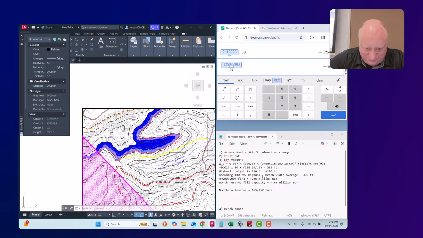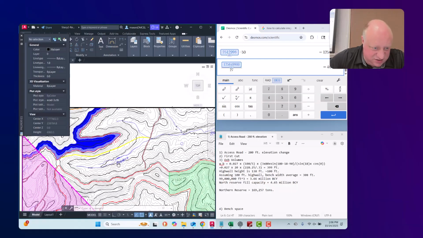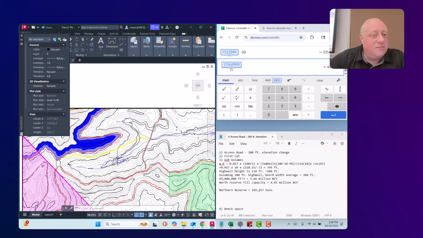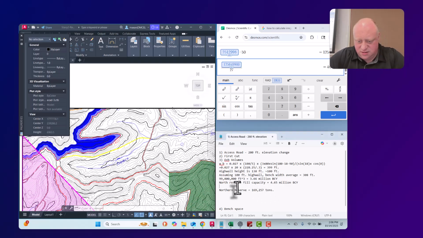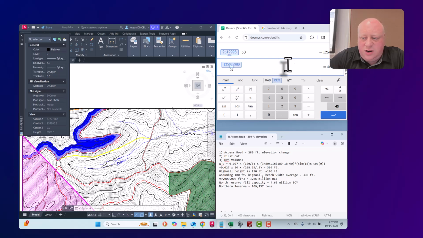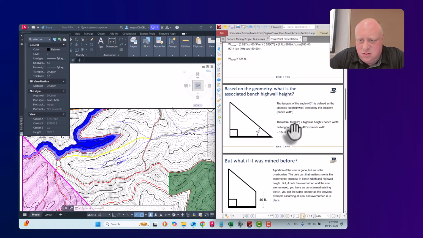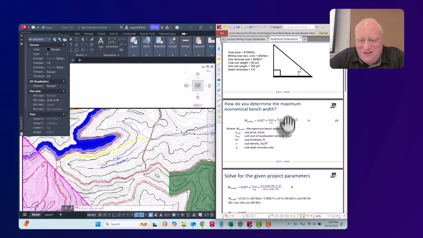Now, we've got to come over to this other side, the southern side, and do the same thing all over again. Let's see if we can remember our equations here. Let's pull that up. Here we go. Our bench width again is,